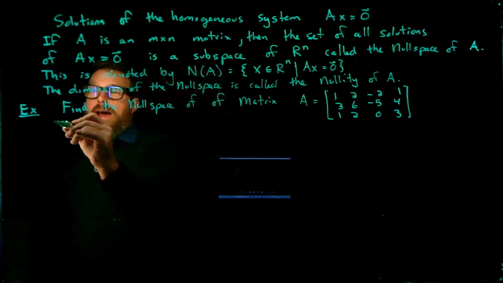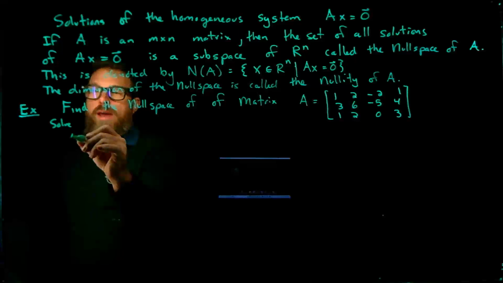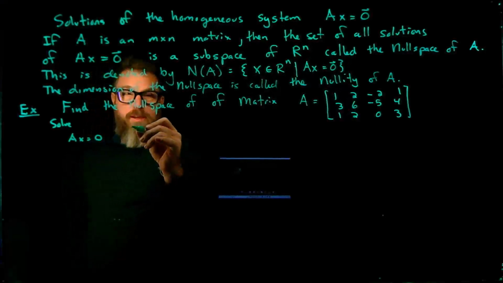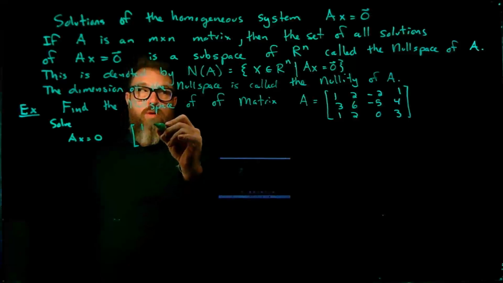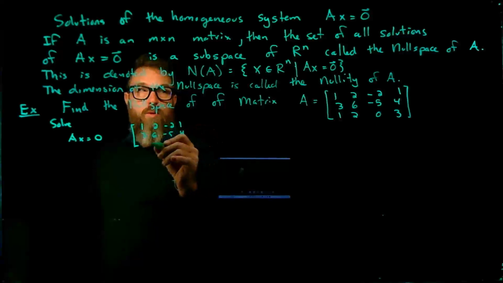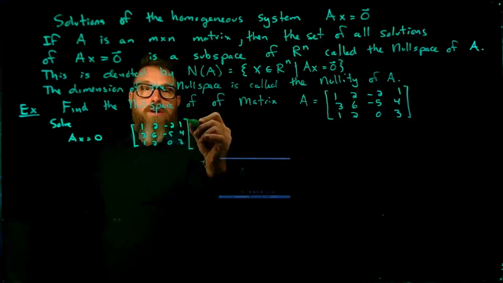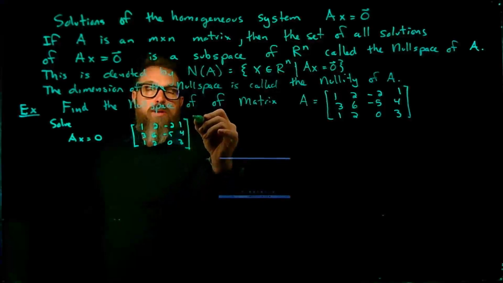So really, in order to do that, I have to solve A times X is equal to 0. Now, this is going to be equal to A, which is [1, 2, -2, 1; 3, 6, -5, 4; 1, 2, 0, 3]. And we'll have to talk about the size of X. What is the